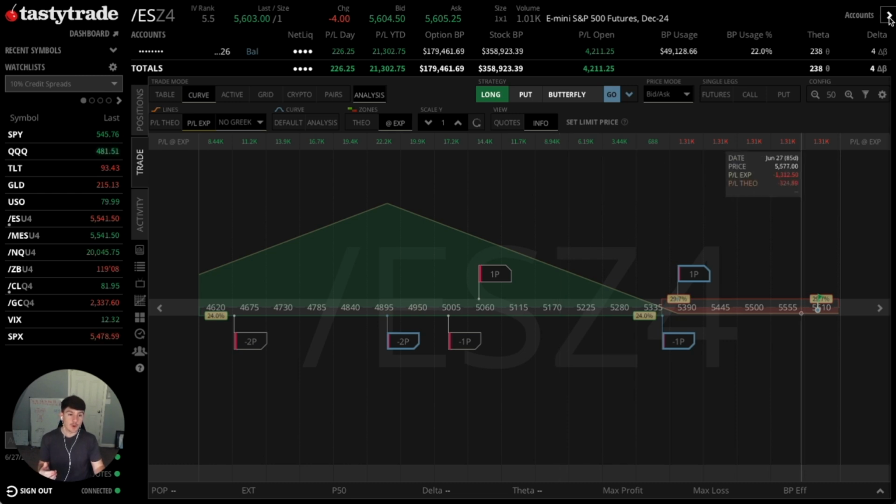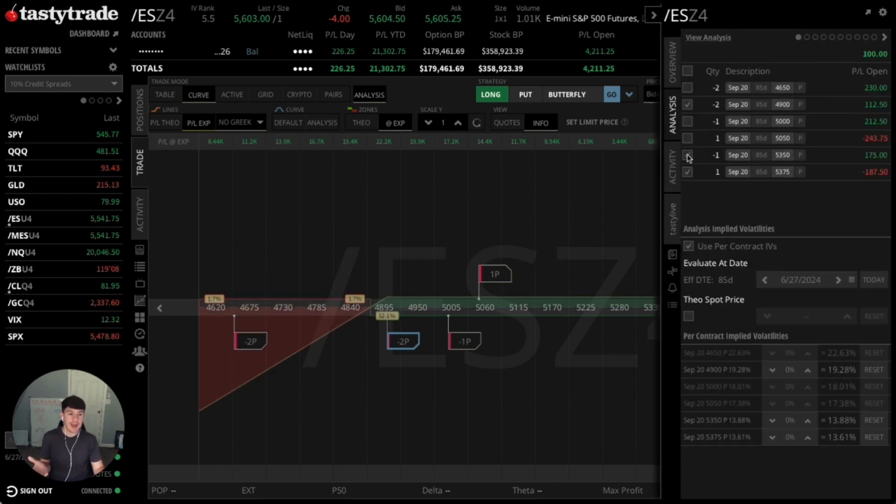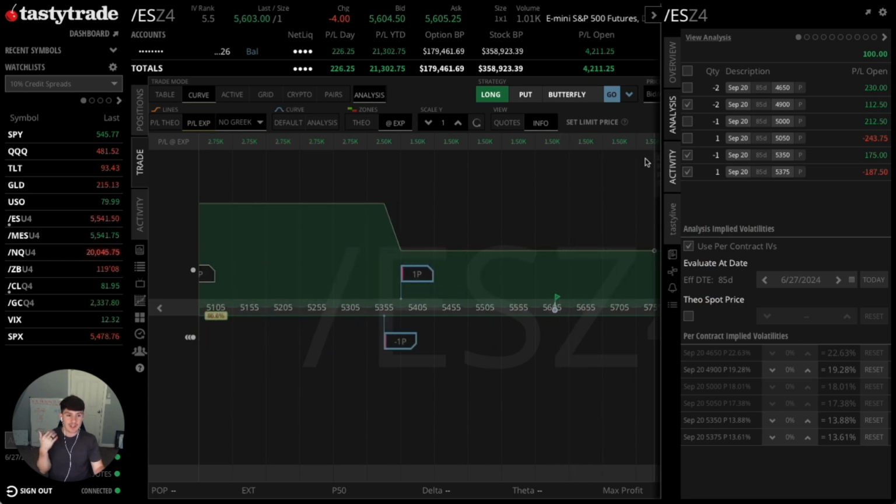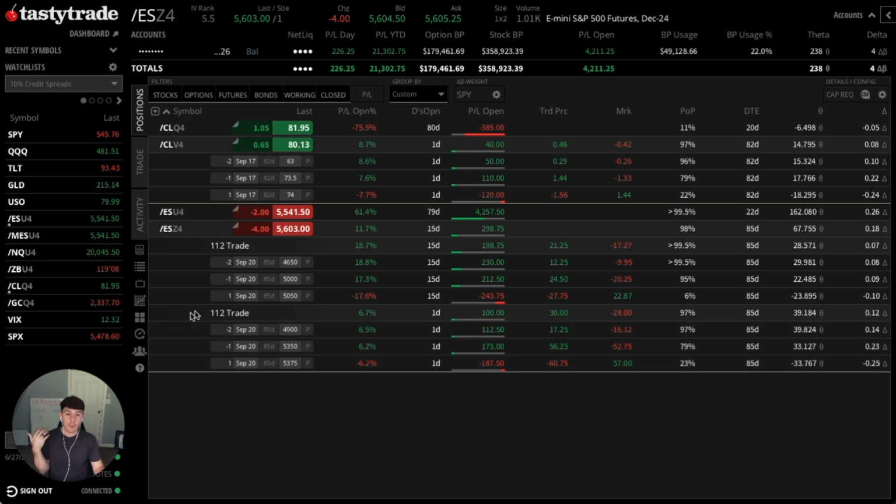So again, to recap, how do we turn the 1-1-2 trade into a ratio hedge, which is a great question. If we're looking at the positions tab here, what we do is we wait for this trade to get to around a 70 to 80% take profit, like the entire trade to get to an 80% profit. And once it does, then we just close out the one short put that is associated with the put debit spread. So the 1-1, we sell this one,